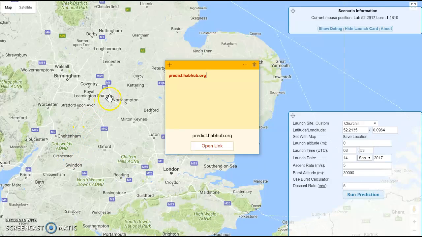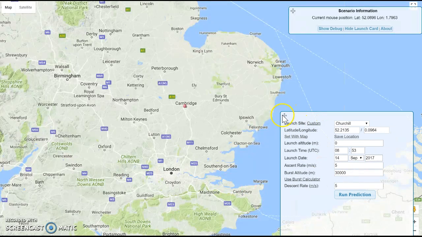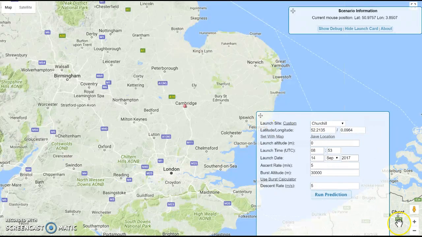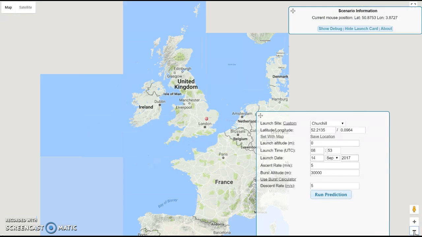To get to the Predictor site, you need to go to this website, predict.habhub.org. It opens up over Great Britain, and you can move these fields here, and this one allows you to get at the zoom feature. So you can zoom out and see more clearly where you are,